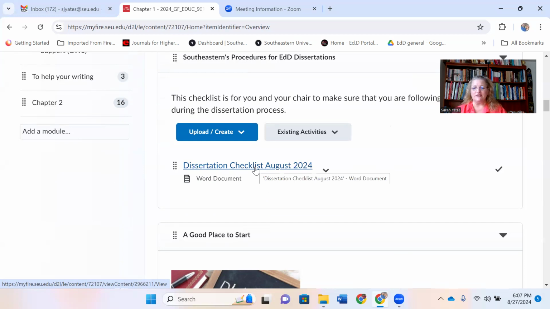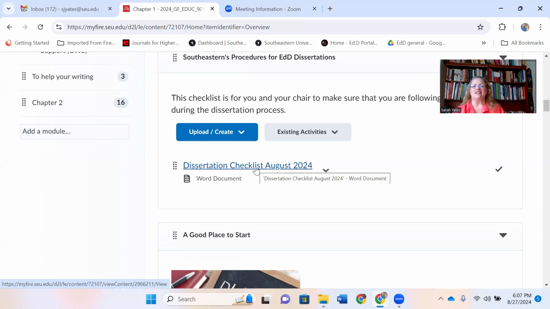And that includes that they should be using primary sources, not meta-analysis, not secondary sources. The information in MyFire tells the students they should be using current sources in the last 5 years, and we might stretch that out to 7 years. These are responsibilities of the student to know. And how are they going to find out all that information if they don't know? Well, it's in the dissertation course.